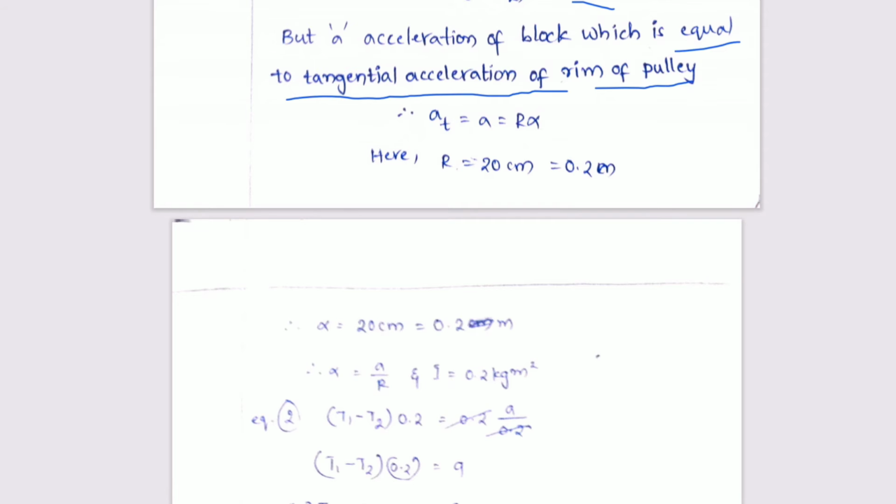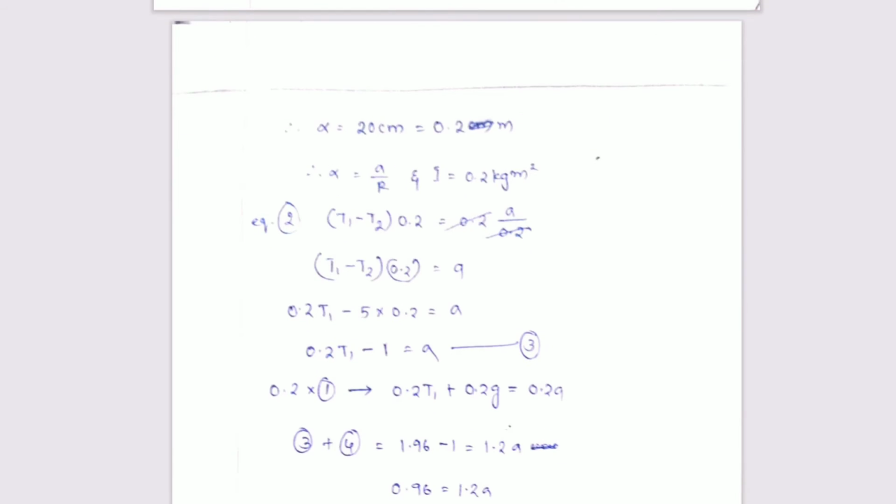Here R equal to 20 centimeters, that is 0.2 meters. So alpha equal to a by R, and the moment of inertia equal to 0.2